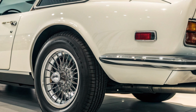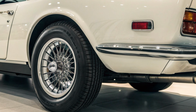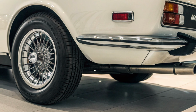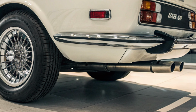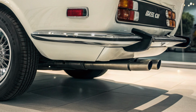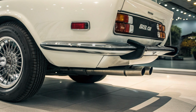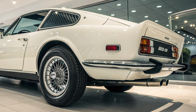The Vantage name would go on to define Aston Martin's performance lineup for decades, but it all began here, in 1977. This car set the template: big V8 power, grand touring capability, and a distinctly British personality. It was a car that didn't just compete with the best in the world, it helped define what a Super GT should be. Even today, when modern supercars boast hybrid drivetrains, launch control, and sub-3-second 0 to 60 times, the